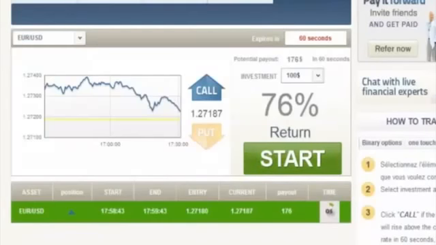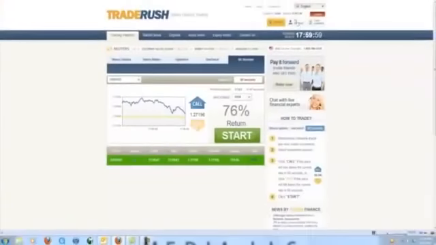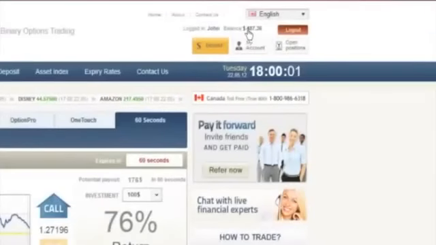And let's just see how this plays out here. And good. So at the expiration of that option in 60 seconds, this one actually was a win. So my entry point was 1.27180, and it ended up higher at 1.27188. So I got a $176 payout, and now I'm at